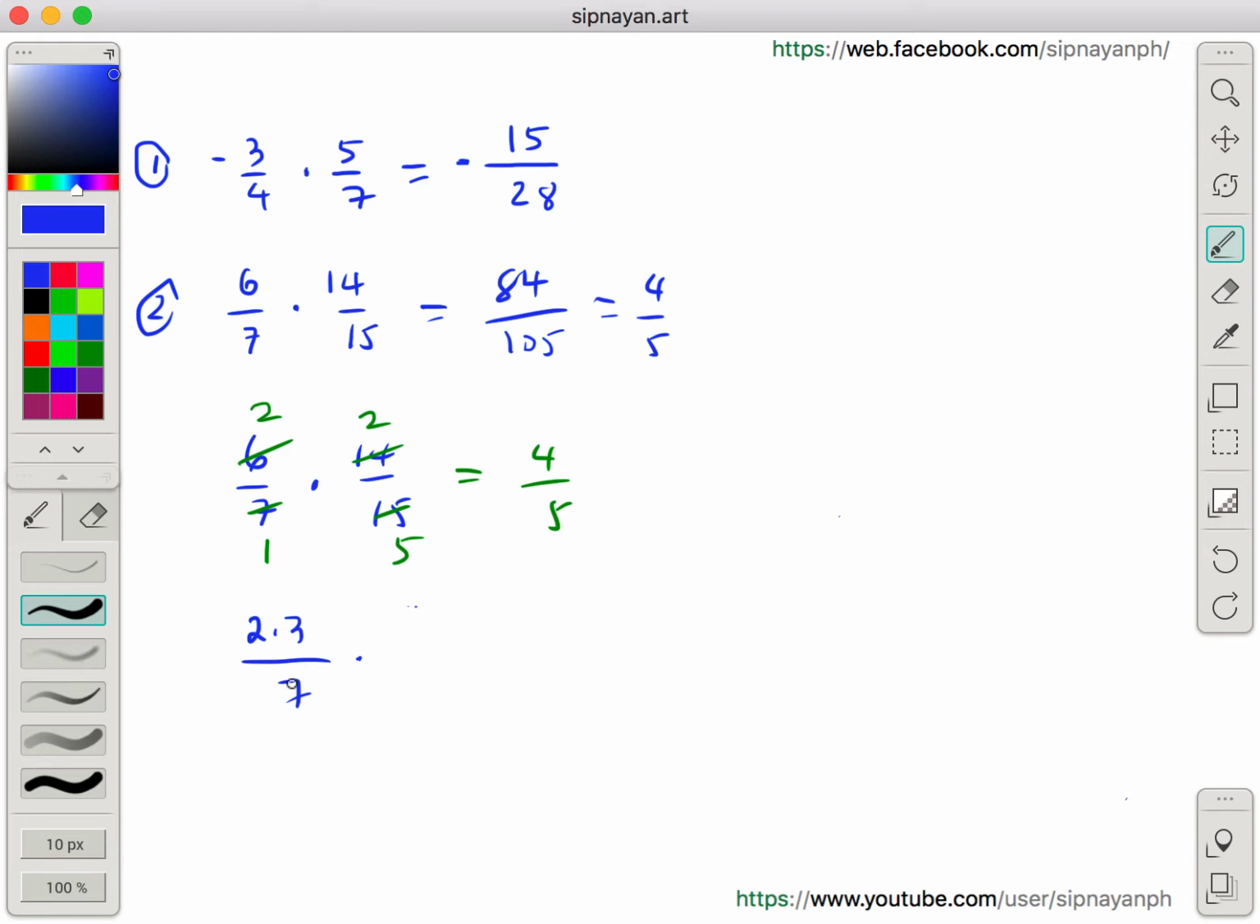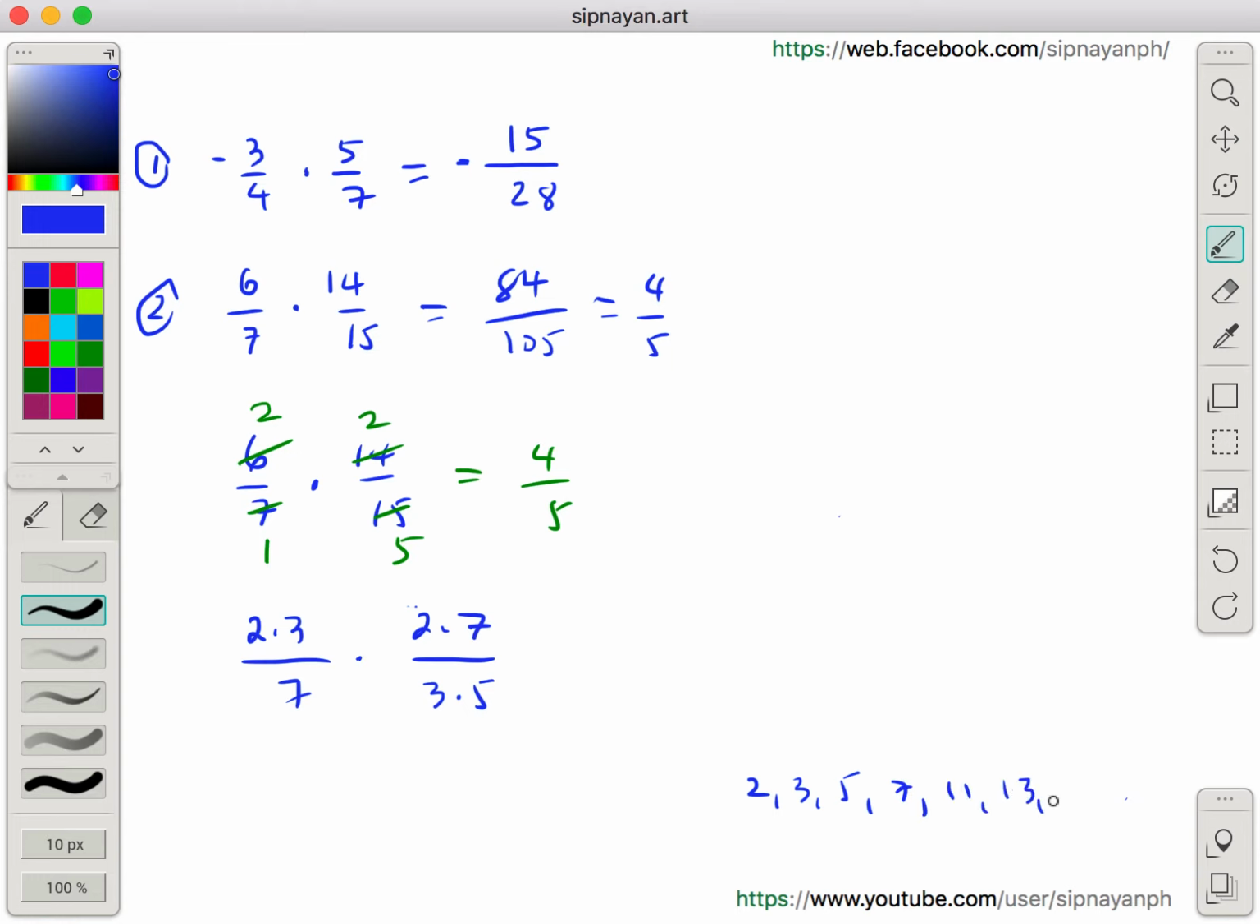Ang 7 wala naman siyang factor. It's a prime number. And then yung 14 is 2 times 7. And then yung 15 is 5 times 3. No? 3 times 5. Prime factors siya, no? Puro prime numbers, no? So, makikita natin yung mga prime numbers are 2, 3, 5, 7,